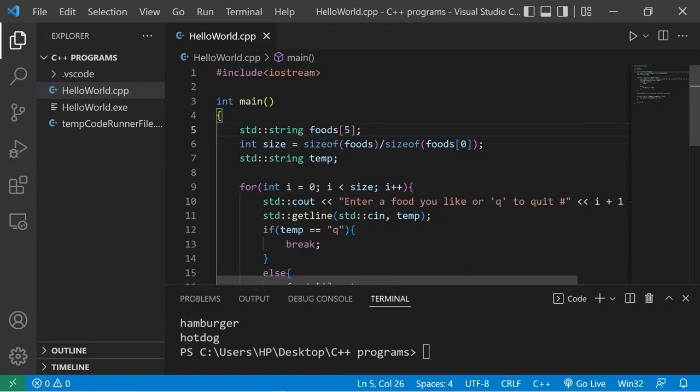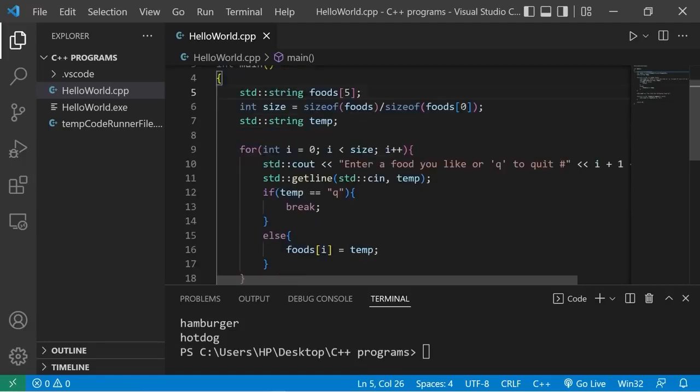One disadvantage of arrays is that they have a limited size. They're static. Once we declare a size, we can't change it. We're limited to only storing 5 foods. You could declare a larger size, but you may be wasting memory if a user doesn't want to type in that many. So in future topics, we'll need to discuss both dynamic memory and vectors, which should be coming up sometime